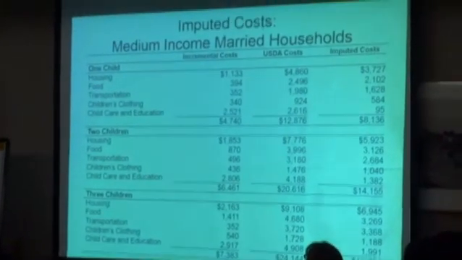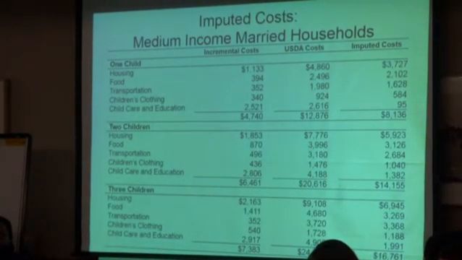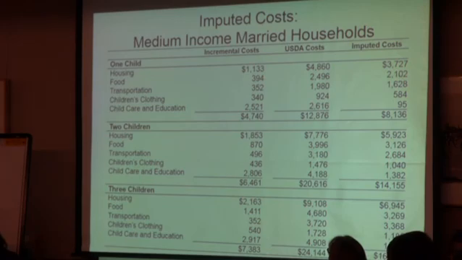Medium income. Medium income is income between $55,000 and $101,000. And the average household income is $76,000 in this sample. This is the middle third. And you can see what the numbers look like using exactly the same methodologies. Once again, housing costs are the highest for the USDA numbers, and once again, child care and education is the highest category for our numbers. And the imputed cost, the